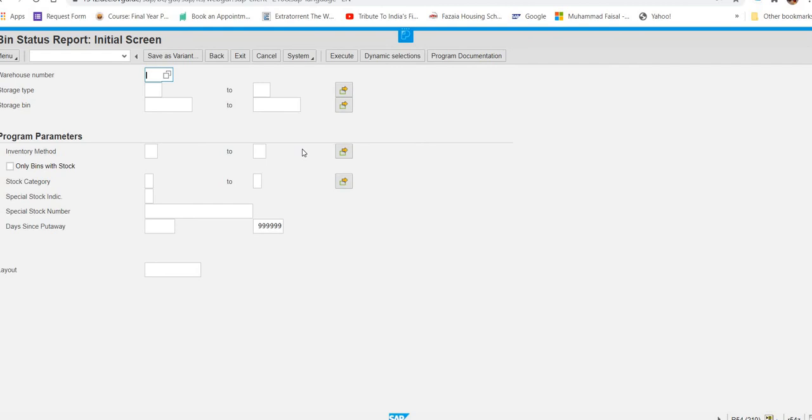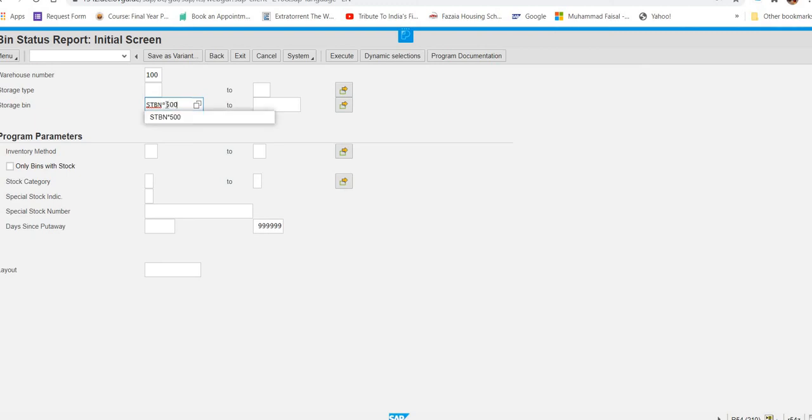Now here they are asking you to enter the warehouse number, which is 100, and storage bin STBN, capital or small doesn't matter, star, and then they are saying like this. So you are going to replace it with your GBI number.